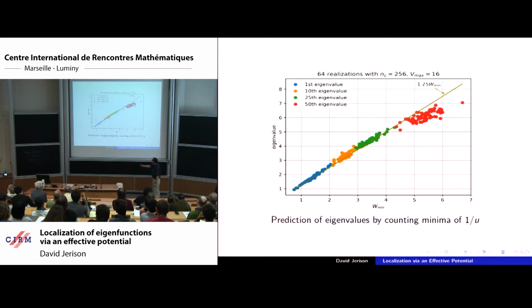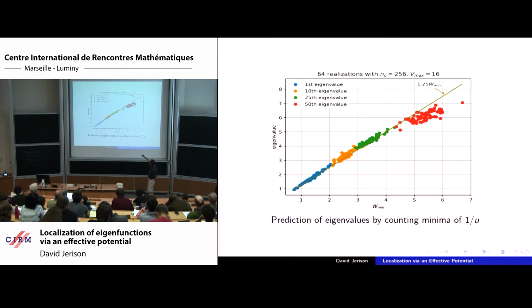So you can also predict the eigenvalues by counting the minima of the reciprocal. Remember, the first one I found was the first eigenvalue. The second was the second eigenvalue on that first picture. I went through 1 through 4. Now we're going to go through more of these eigenvalues, and we're going to see whether we have this consistency, that we get the eigenvalues in order and also their sizes. And we're going to do this not just with one simulation, but with 64 simulations.